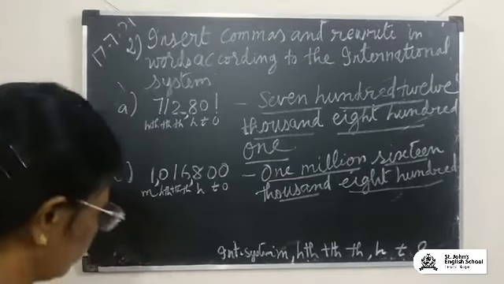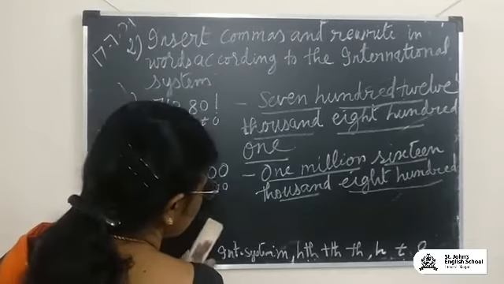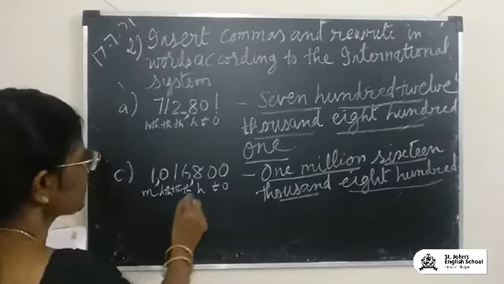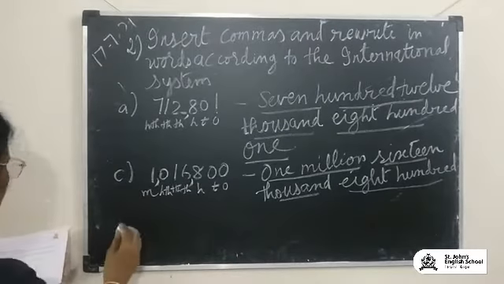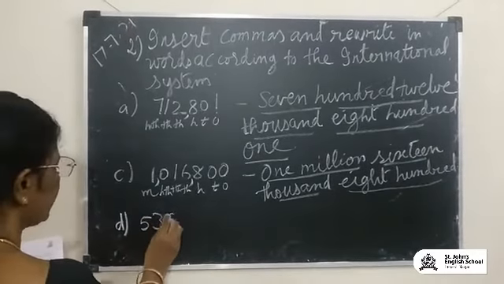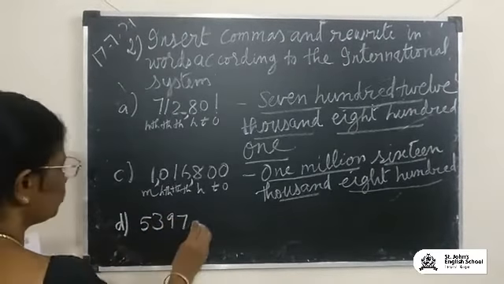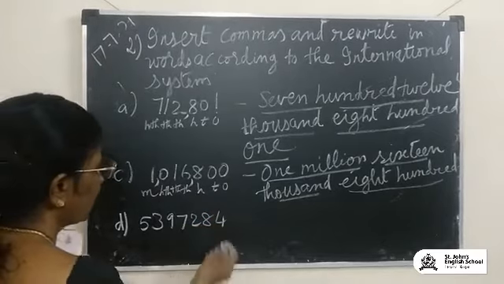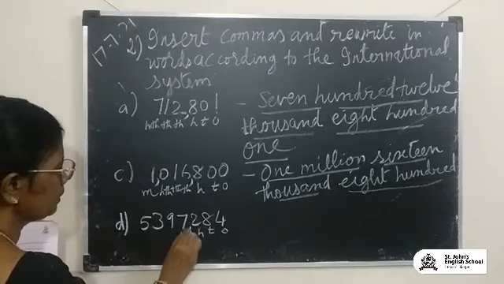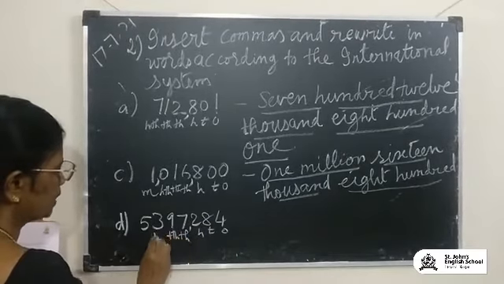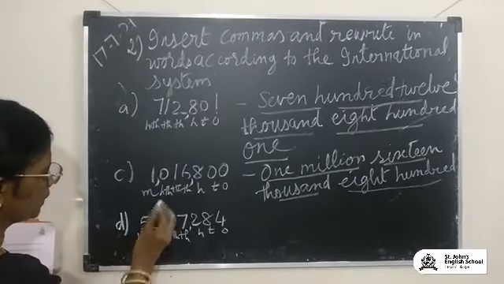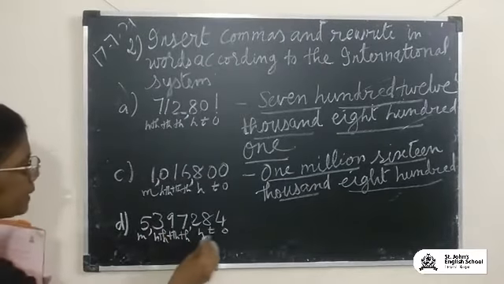Next, this I think I can wrap up because I am writing the number names and the place values down. The D sum also I will write because all the digits are there: 5397284. Again, children, say ones, tens, hundreds, a comma, thousands, ten thousands, hundred thousands, all three places together, and then you will have the million.